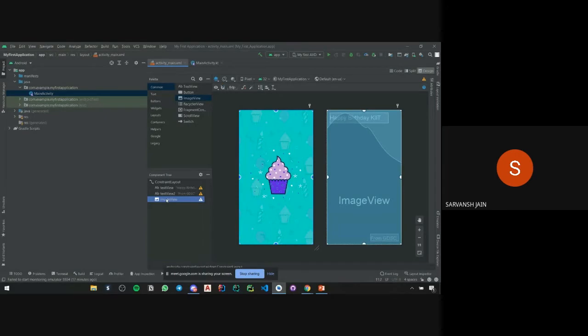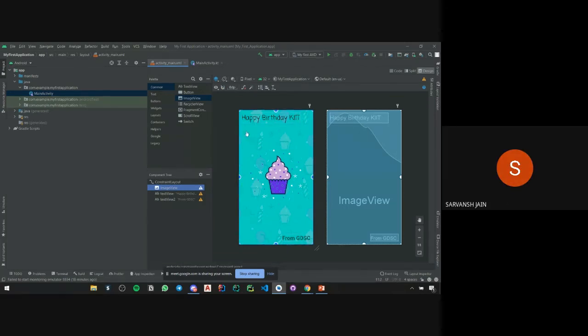I'll select image view, select it, and I'll drop it to the top. So now both the text are over the image and the image is in the background. How did you actually do it in the background? If you can show me that once again. What did I do? The center one.